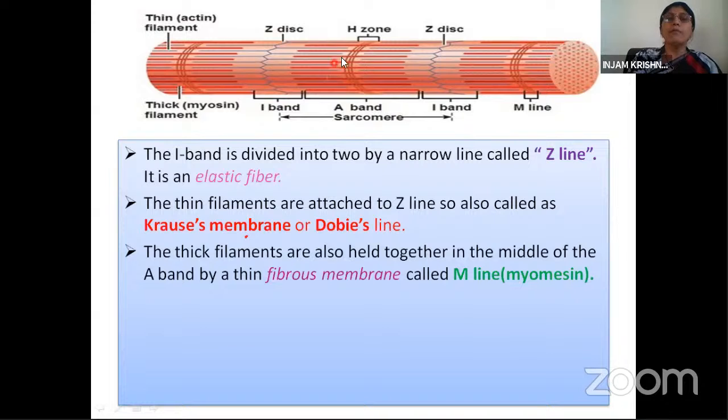Remember this when we are discussing the mechanism of muscle contraction; it is important for us. The M line is made up of myomesin protein. This is myomesin. Myomesin protein. This is important for us. Next, here